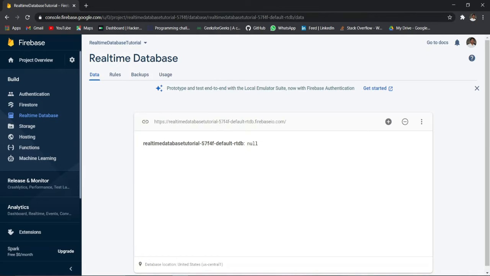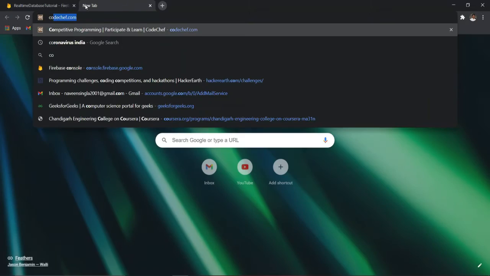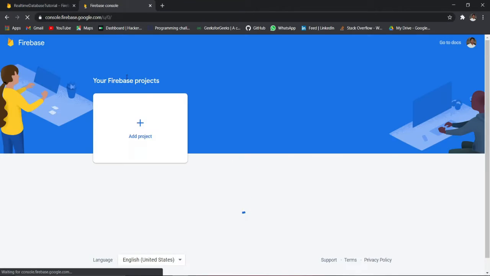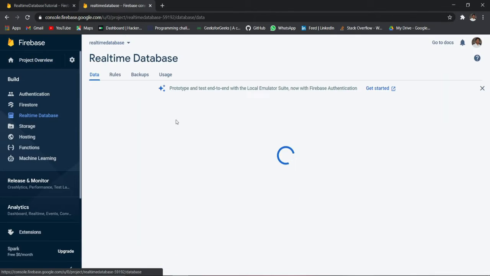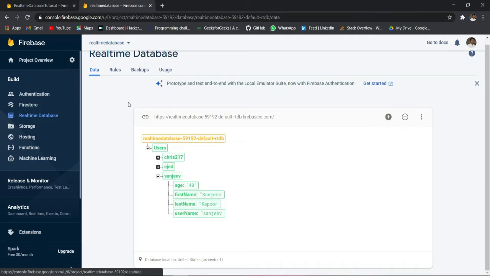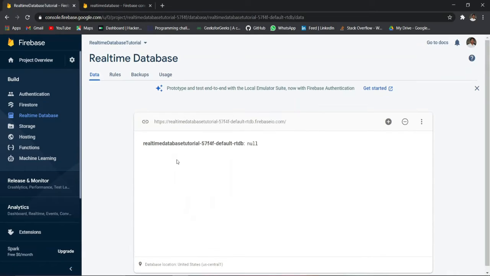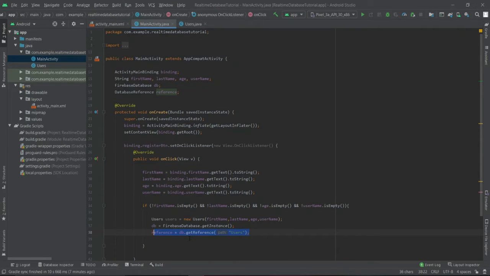No node is there. So if I just open the second project, you can see this is the root node and this is the child node. So we have got the reference for this node, right? Users. So in this database, users is not there. So once this code will run, it will automatically create a node for that. So we have got the reference for that node.